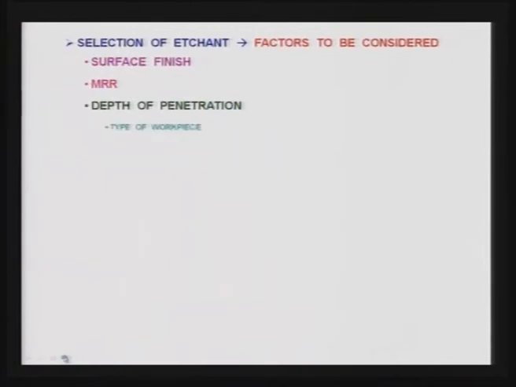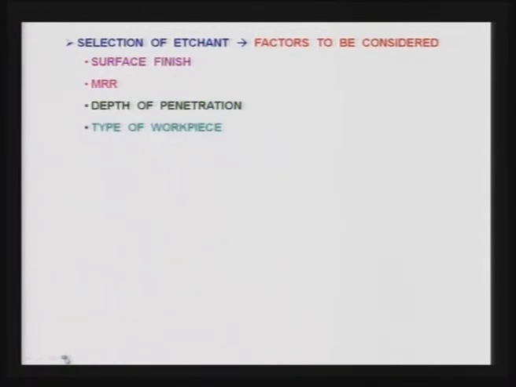During the selection of the etchant, various factors should be considered, as mentioned here: the surface finish that you require on the machined workpiece, material removal rate,